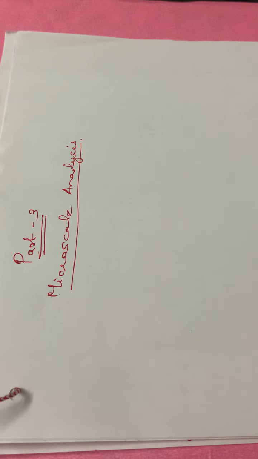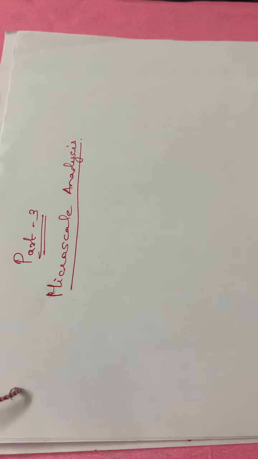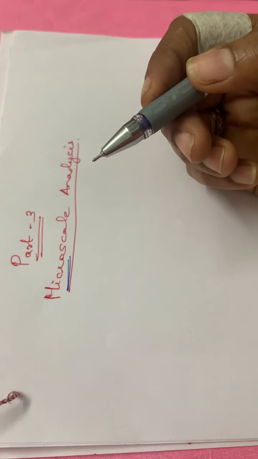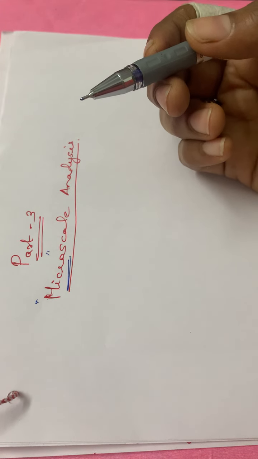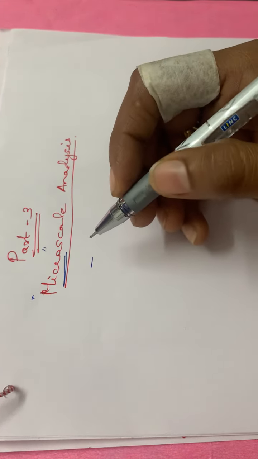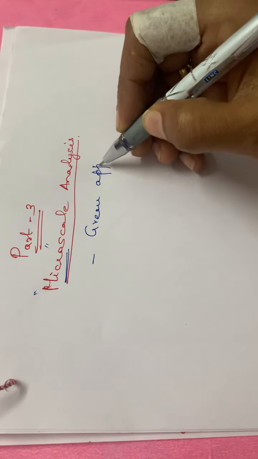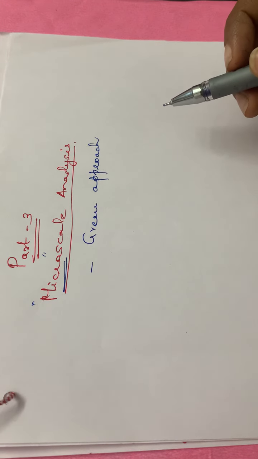And for that, several techniques have been adopted in green chemistry, and a part of that green chemistry is what is called micro scale analysis. Okay, micro scale analysis. As the word itself says, it is a micro level of analysis, where we are working in a micro manner. This micro analysis is a part of green chemistry, a green approach used in analytical